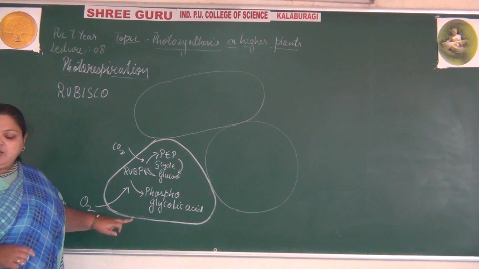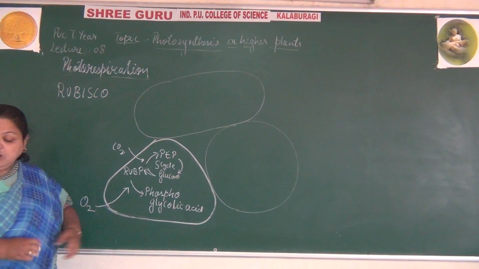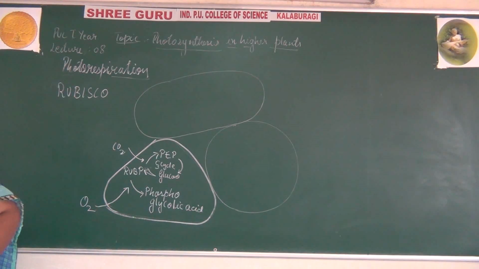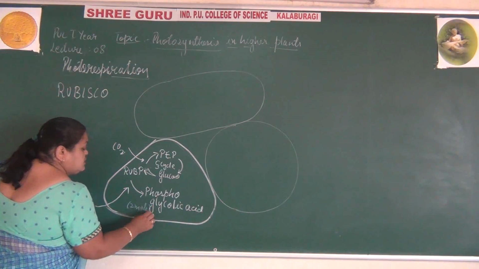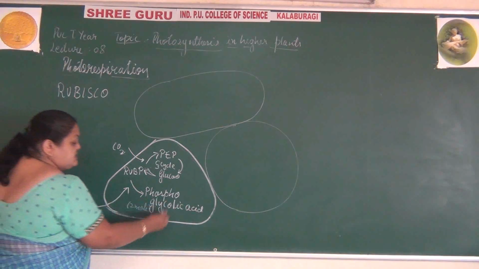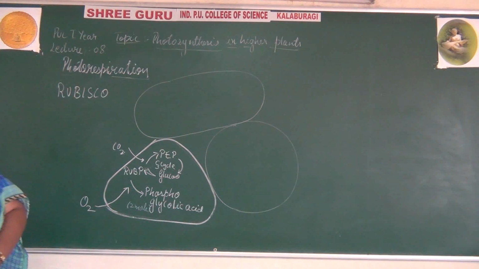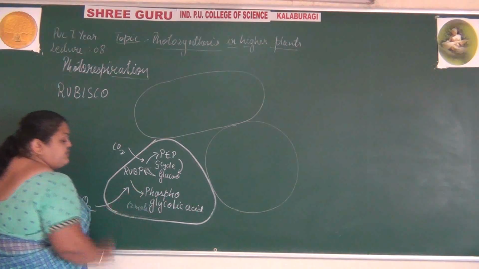It forms 2 molecules of phosphoglycolic acid. So here the first product is this phosphoglycolic acid,